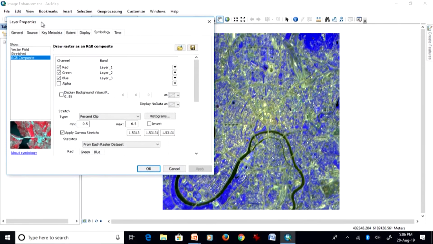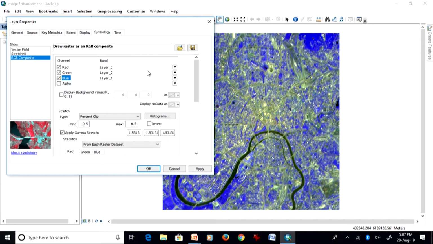So if I see here, the red band is layer 1, because this is a multispectral image, and the red band is layer 1, which is not right. It should have been in fact layer 3, that is the infrared channel, band 3, that should have been here instead of in blue, and layer 3 instead should be 1, and 2 will remain, the green remains for layer 2.